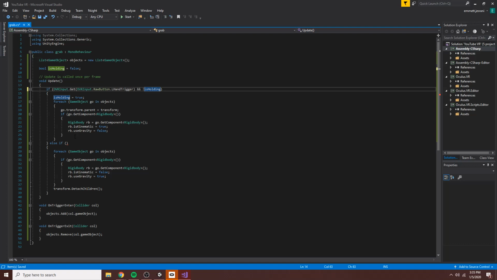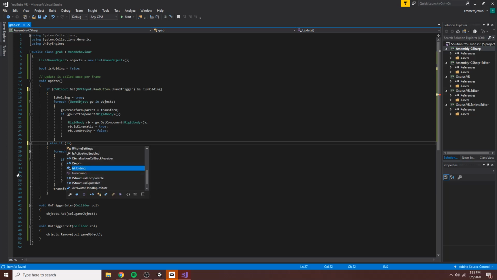Because if their hand is already closed on an object or some objects, we don't want them to be able to do that again and say, oh, I can pick up however many things I want. That doesn't really make a ton of sense. And then here we'll say if is holding, right? So if they are holding it,